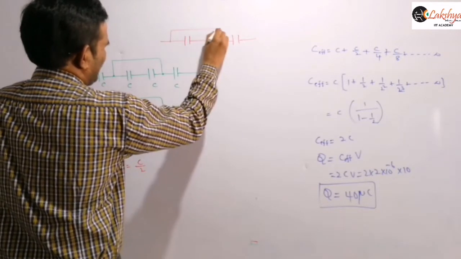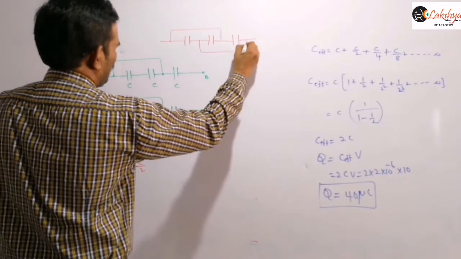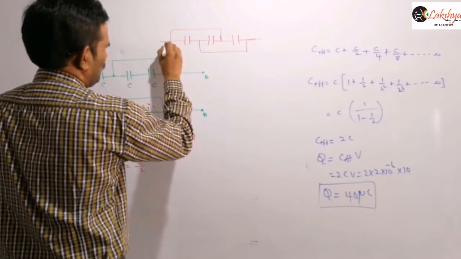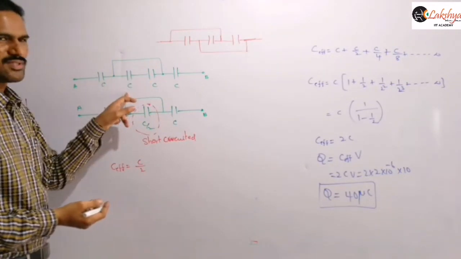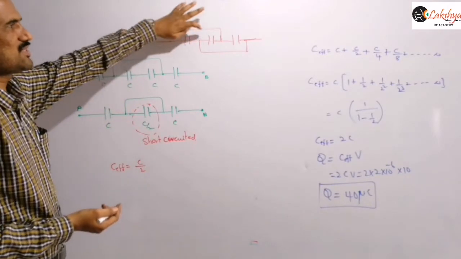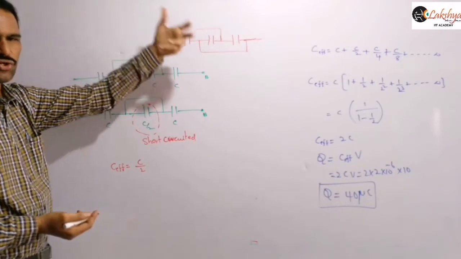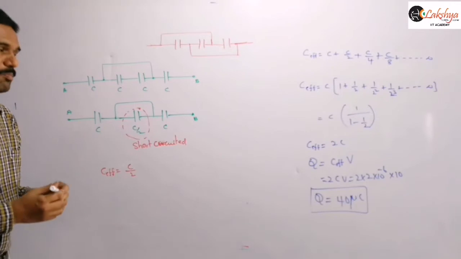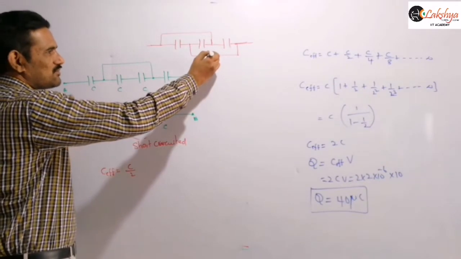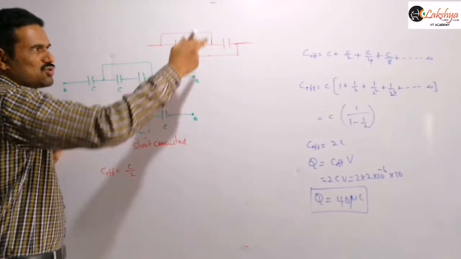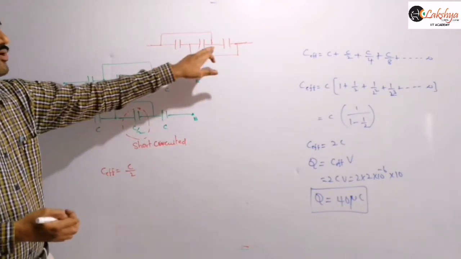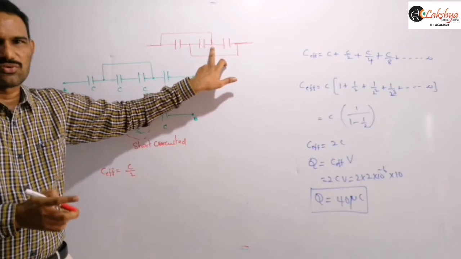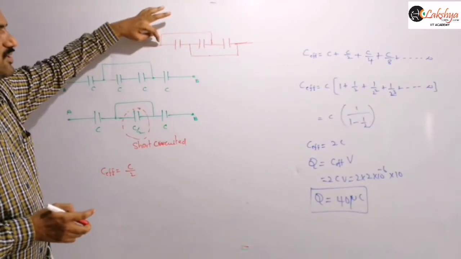So if one conducting wire is there like this and another conducting wire is there like this, right? Now observe the difference between these two connections here. Now these two are not the same. You may think that why we are not considering these two as short circuited, right? Because of the presence of this wire below also, we are connecting one wire here, so the potential difference across this combination is not equal to 0, right? So their potential difference will be there.